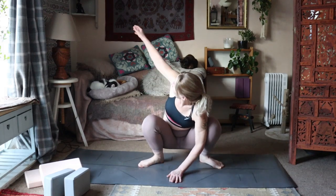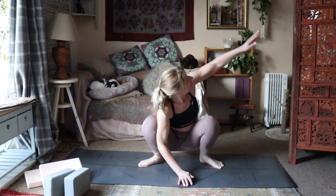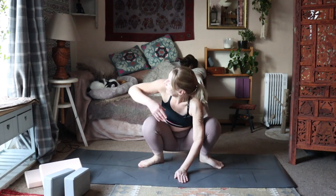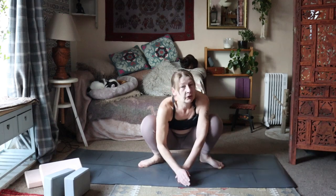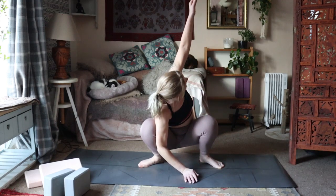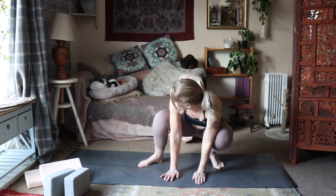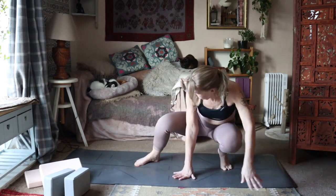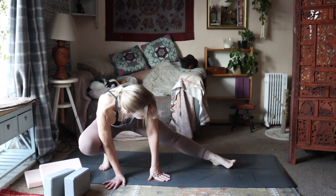And this time we're just gently going to introduce a little gentle twist to each side of the body. Hand in the centre, peel up the arm and twist around to the other side. Okay, and now we're gently going to widen the stance. Start to bring a little movement into it. And I'm just going to